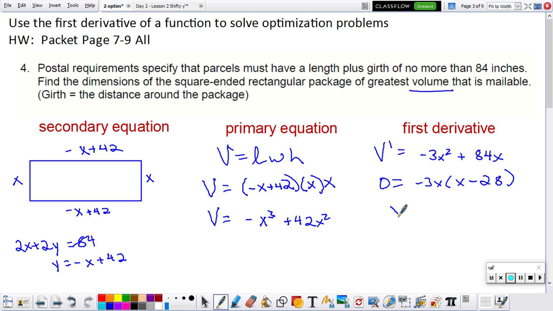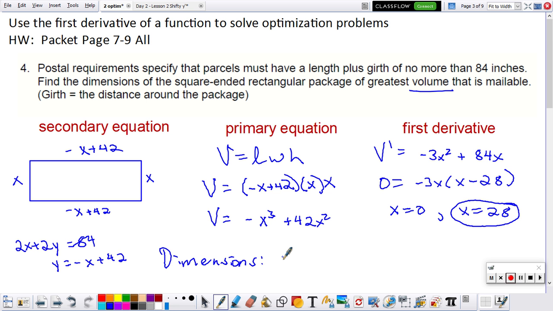And I have possibilities of x equals 0 or x equals 28. Now obviously it's not 0, so I know that one side is 28. So let's see. If I put the 28 here, I get 14 because negative 28 plus 42 is 14. So I know that my dimensions